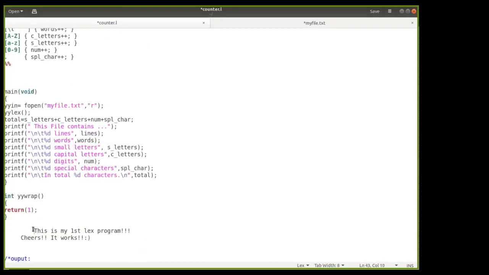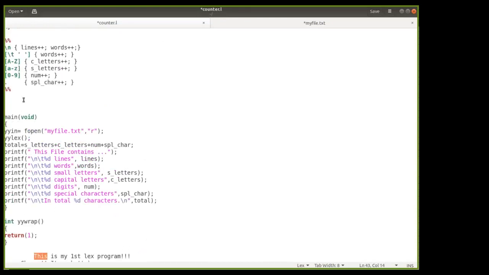So this particular word will now be determined. At which rule will it match? It will match with this rule first, capital letters, then small letters. HIS will get matched with the small letters, and once it finds the space here, it will determine that a word has been recognized. Then IS will be matched with the small letters, then again a space, which will match with the words rule. Then MY will be matched with the small letters, again a space, and then it will match words.